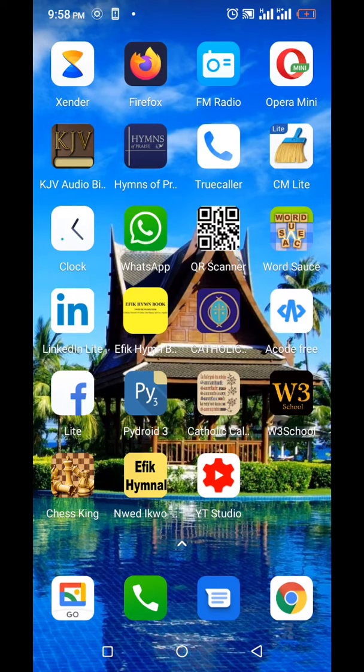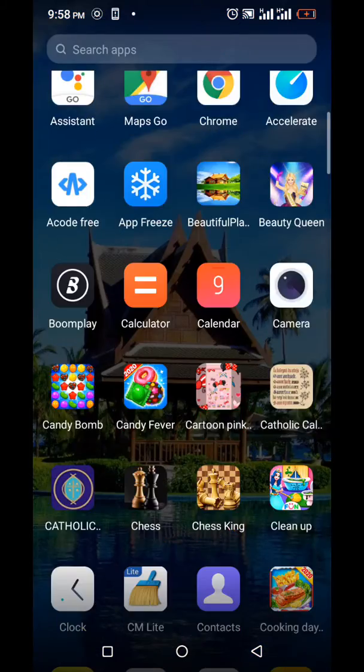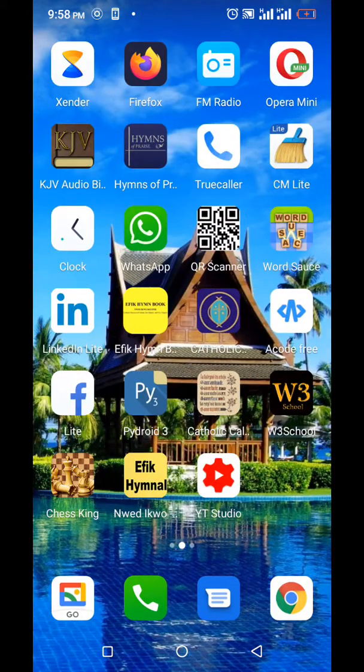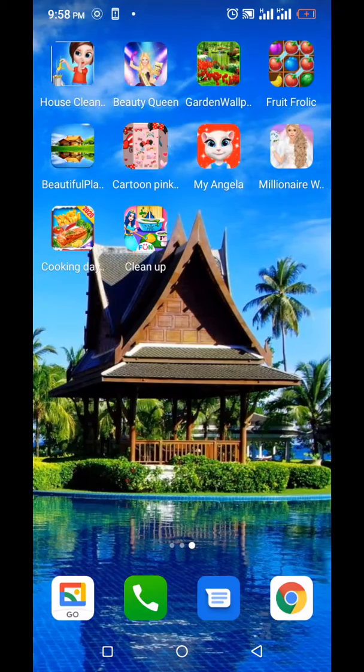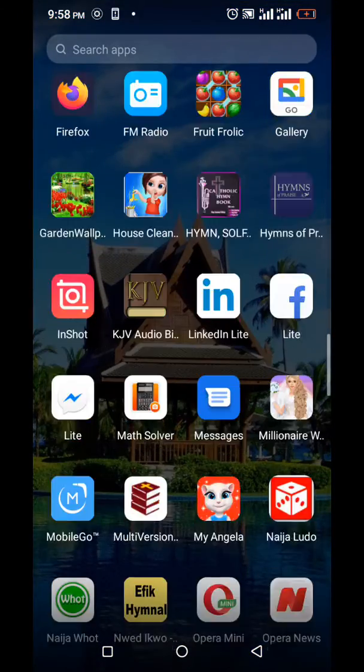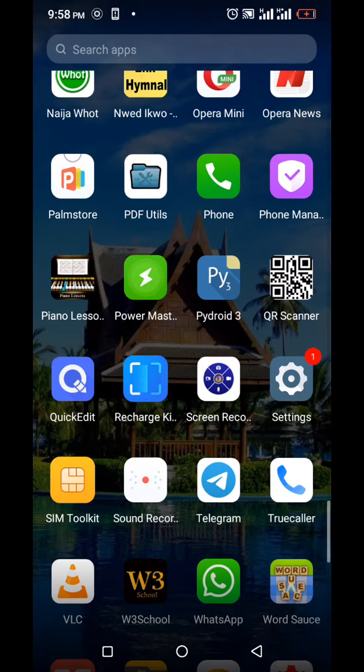I just want to show you that without a computer or a laptop, you can actually use your smartphone to design a website, and that's why I'll do everything in this tutorial using my smartphone. Of course, you see there is my smartphone. I want to use two softwares. The first is Quick Edit, and this is Quick Edit right here on